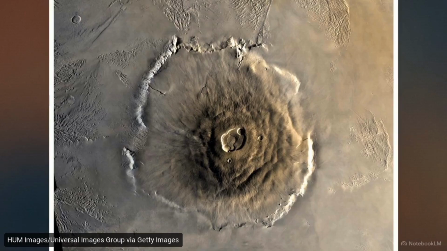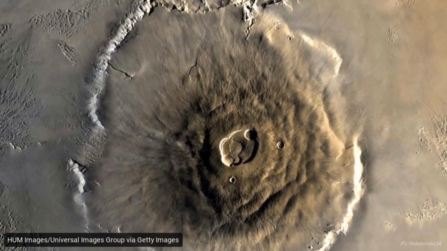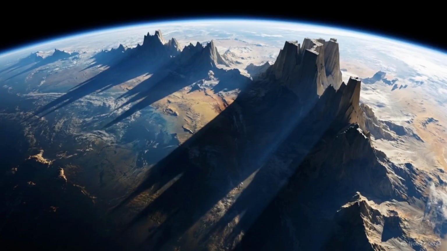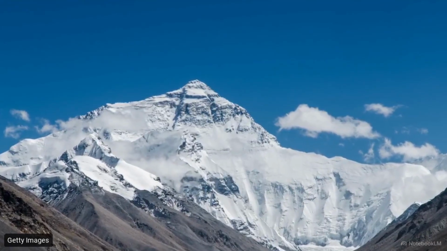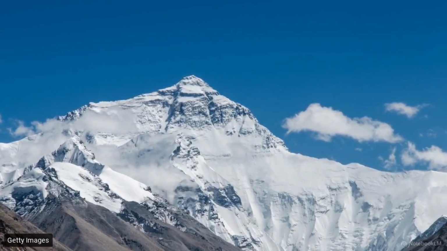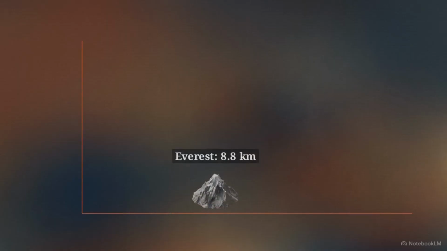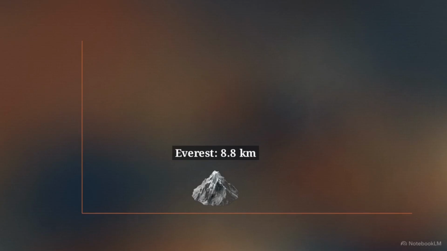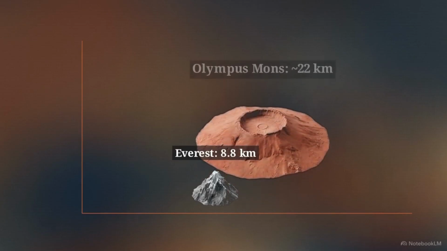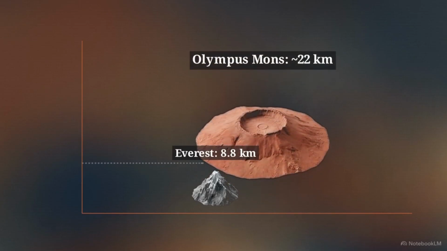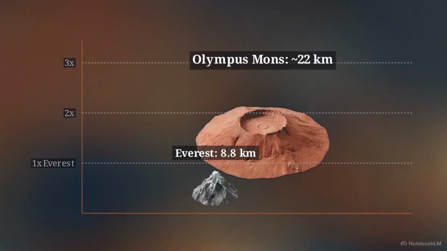It is the largest volcano in the solar system, a dormant giant born from a time when the planet's interior was still churning. To comprehend its size, we have to establish a baseline using the maximum extremes of our own planet. Mount Everest is the highest peak on Earth, pushing the physical limits of our active tectonic plates. This diagram plots Everest at its peak. Here is Olympus Mons overlaid directly on top of it. The Martian volcano towers nearly 3 times the height of Everest.